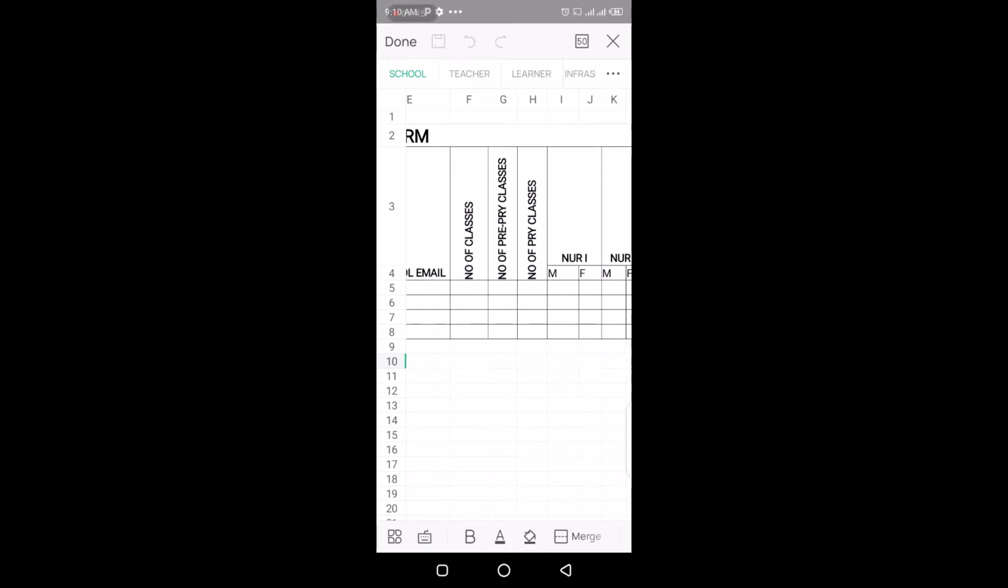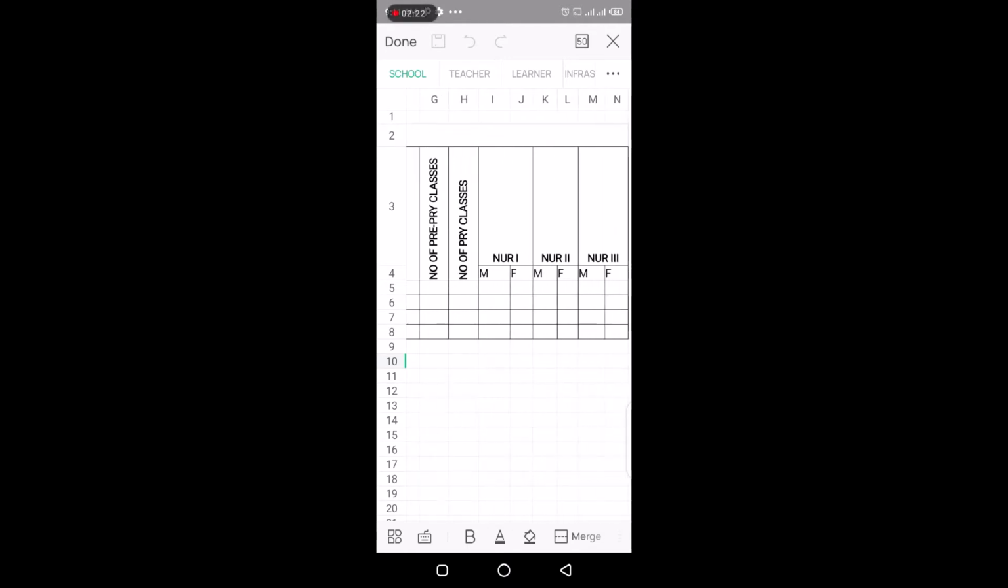You put the total number of classes, followed by the number of pre-primary classes. Total number of the pre-primary classes, you put it here. If you are having 3, you put it here. So total number of primary classes, if it is 7, you put 7, but you should know that pre-primary classes plus primary classes must be equal to the number of classes that you are having in the first column here. Which means the total of these two should be the same with this, followed by the number